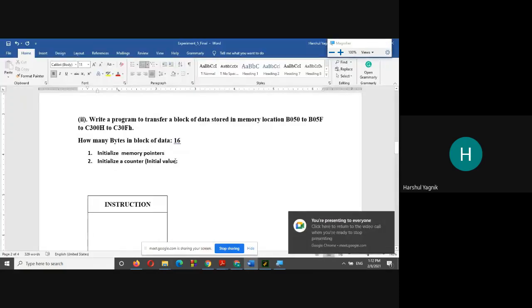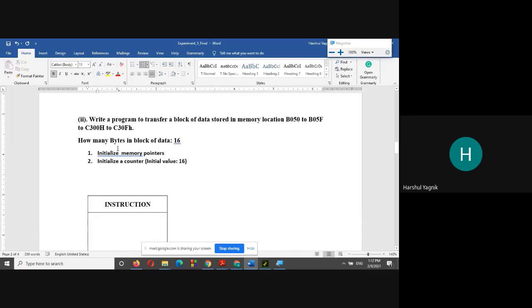Okay, we need to start with 16 and then keep on decrementing every time one loop runs. Once the counter is initialized, then we need to start a loop.